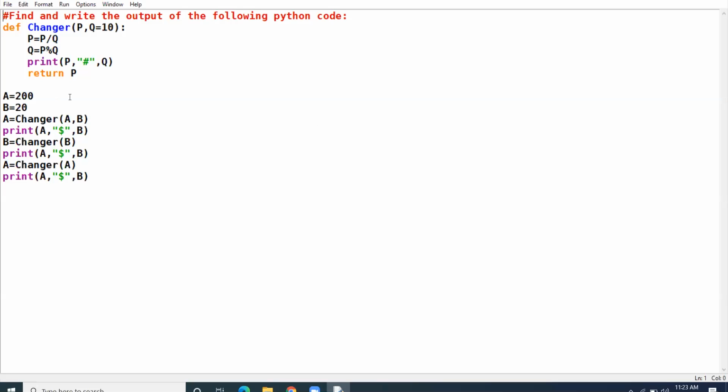This question is the same question we did yesterday, but with a little bit of change. Yesterday was plus minus. Today we have division and modulus. Before I start solving this question, I want to tell you one thing. This is the division operator. It will give the answer in float. This is modulus. It will give the remainder. Clear? Let us start. I make working notes over here.